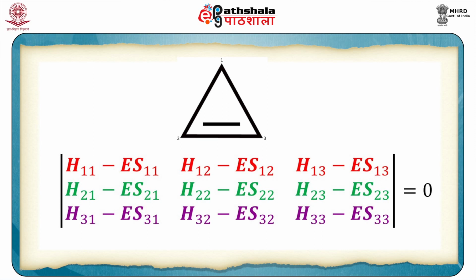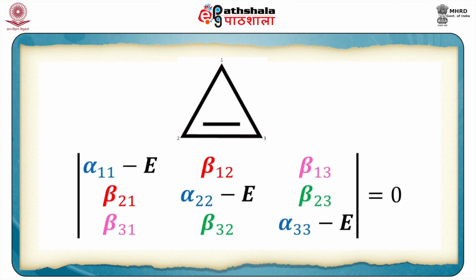Now, if we look at this cyclic system and substitute the values of Coulomb and resonance integrals, the secular determinant becomes like the following. The first row becomes alpha 11 minus E, then beta 12, and then beta